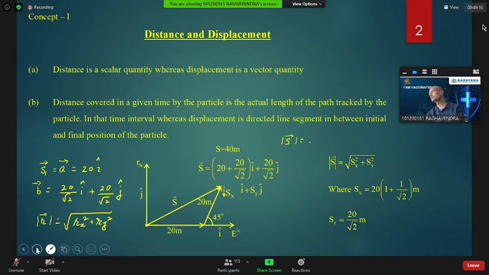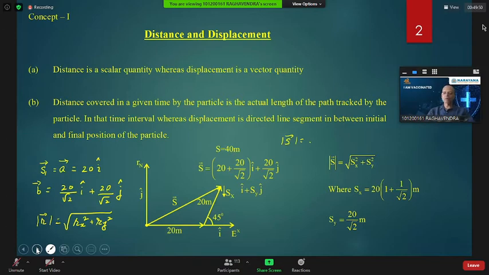So Madhapur you take as one point and Secunderabad station as second point, and just a hypothetical line you take to join these 2 points. Whatever will be the length of that hypothetical line, that will be displacement. And it is a vector quantity. So I have written displacement is directed line segment in between initial and final position of the particle. Are you understanding? Yes, sir.